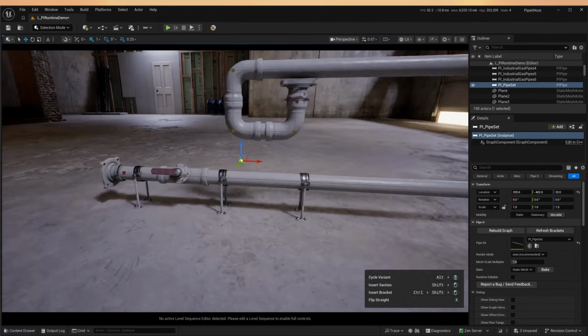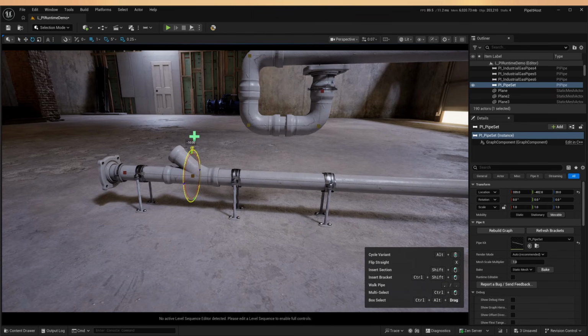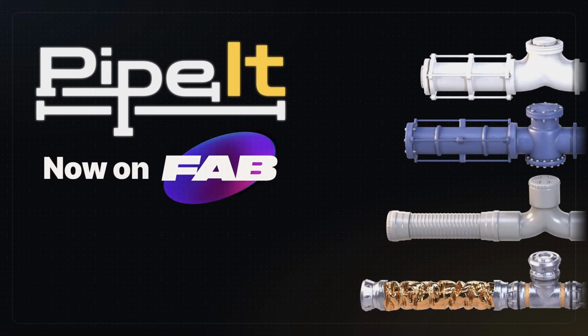Variants are readily available, so you can just press Alt and mouse wheel, and now your variants are working. If you wish to turn your mesh around, flip it, you can press X and it will flip the mesh. That's it. If you have any questions about Pipeit, you can either look at the documentation online on the website